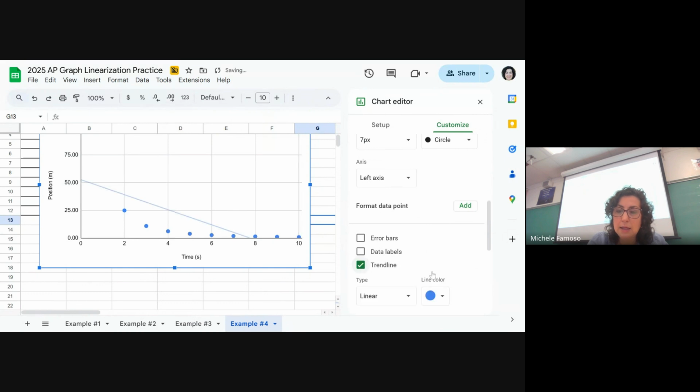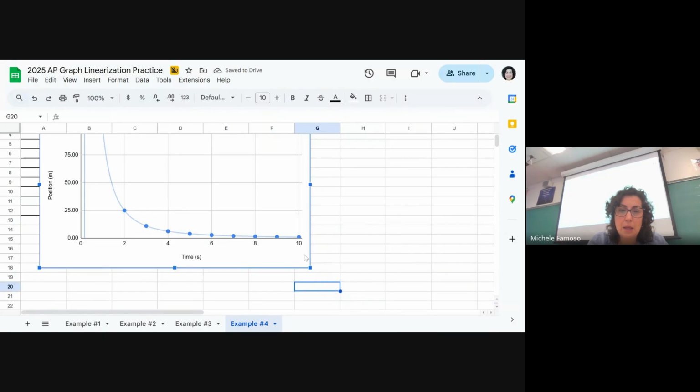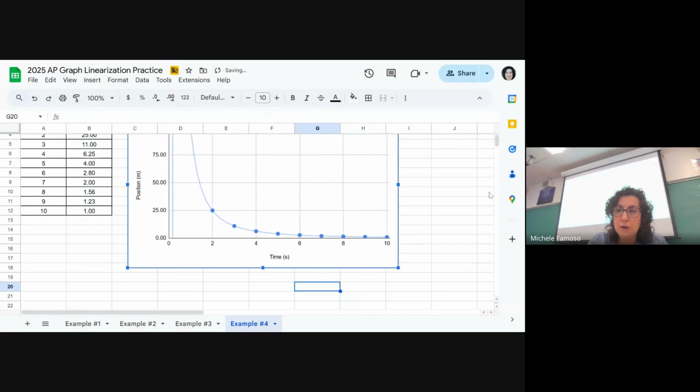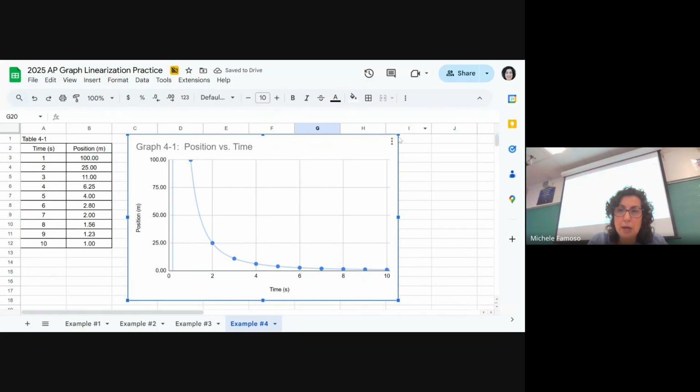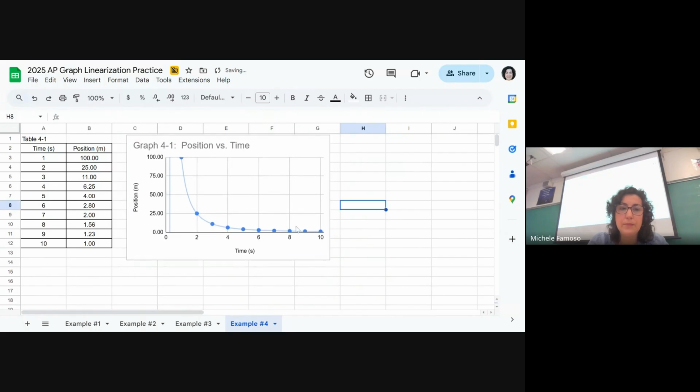Trend line, not linear for sure. What am I going to try next? Power series, and that fits it beautifully. All right, so I'm going to move this over. I'm going to shrink it up. Okay, now I got to make my next graph, which according to what we did previously